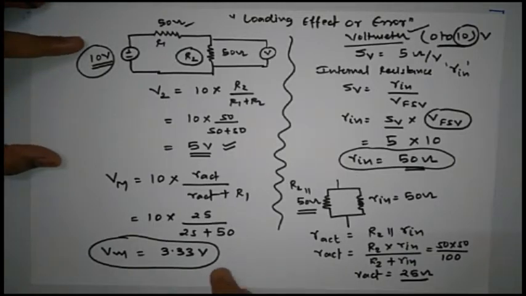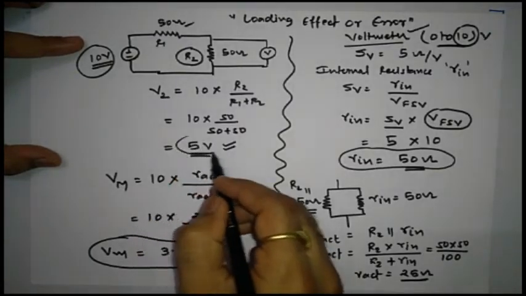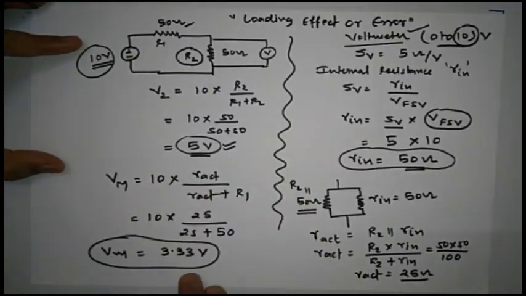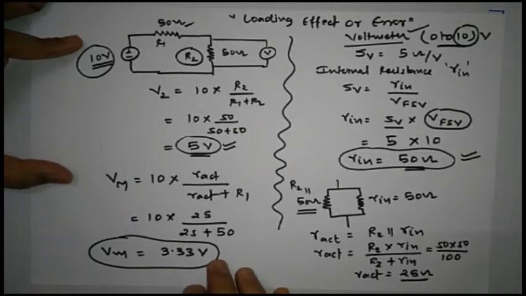Actually, this voltmeter has to read how much amount of voltage? 5 volt, but it is indicating how much? 3.33. Why is it indicating 3.33? Because of its internal resistance of value 50 ohm. So this error is called loading error, or you can say loading effect. So in this case I can write here as loading error